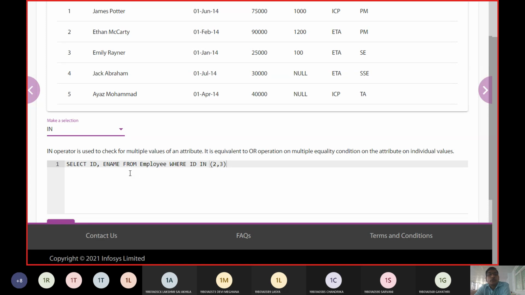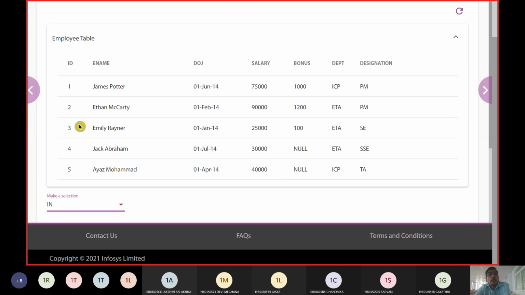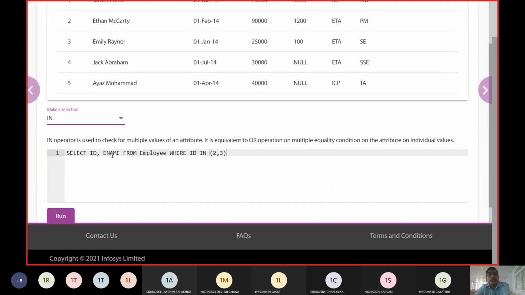You can see here: select ID, employee name from employee where ID in 2, 3. We are going to give this 2 and 3, and if they are part of the employee table, then only they are going to be displayed.